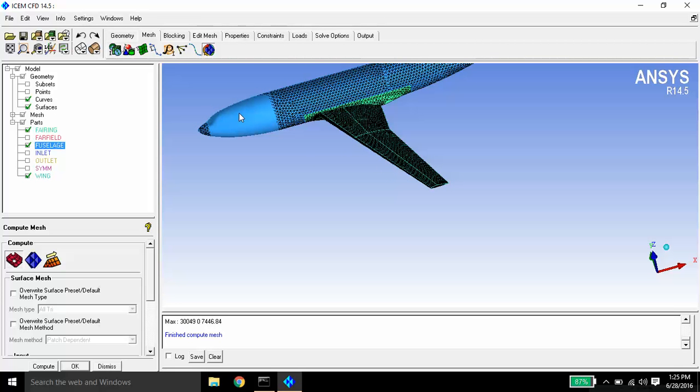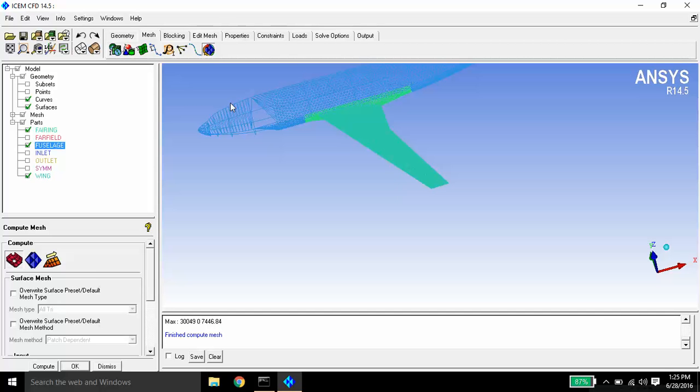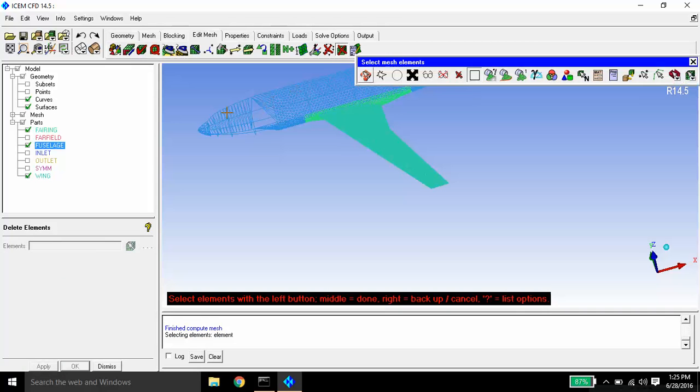But the mesh is not proper in this region, so we need to delete this mesh. For that, go to edit mesh, then delete elements, select one element, then select this option and delete it. So we need to mesh it again.